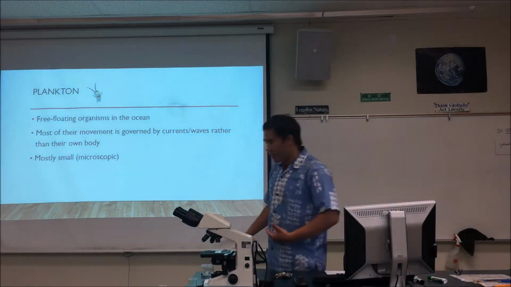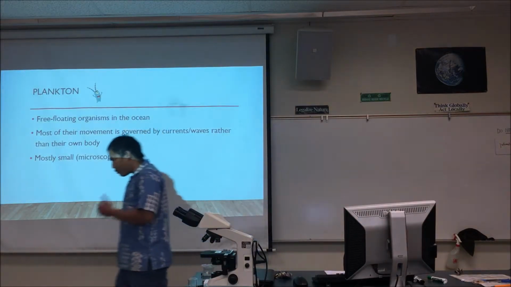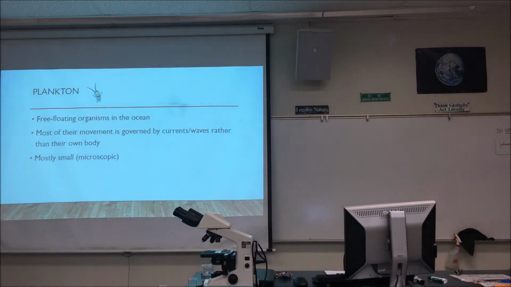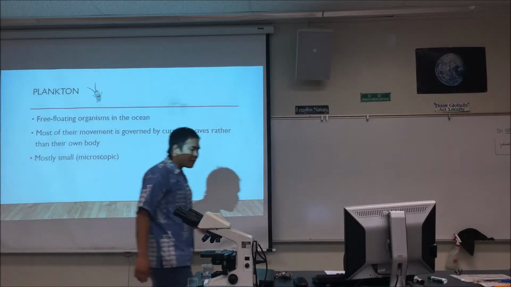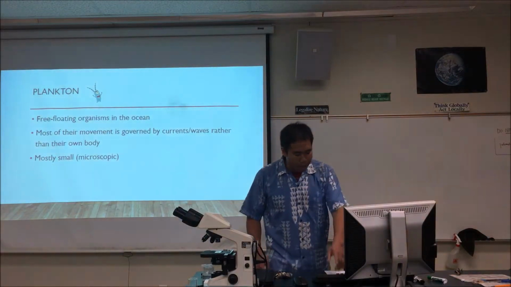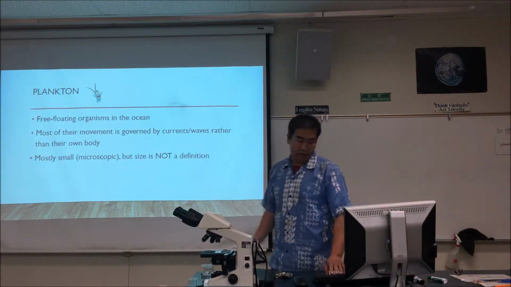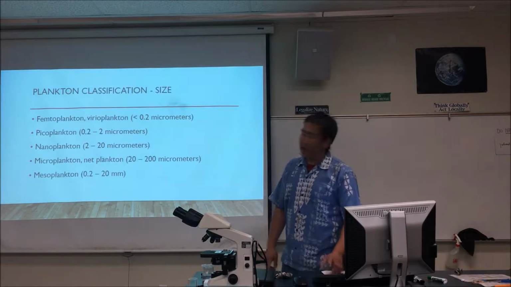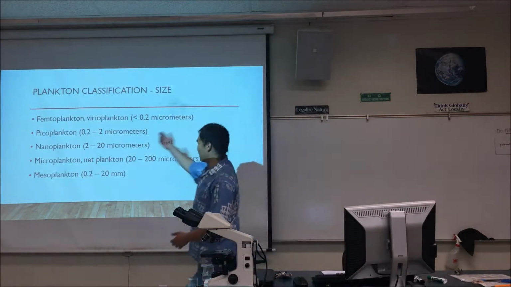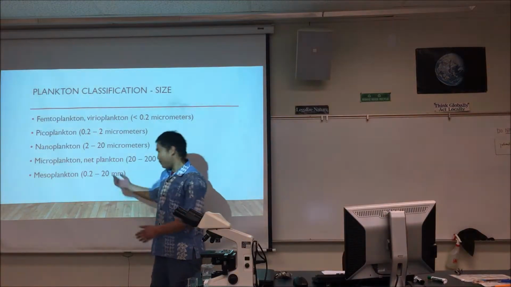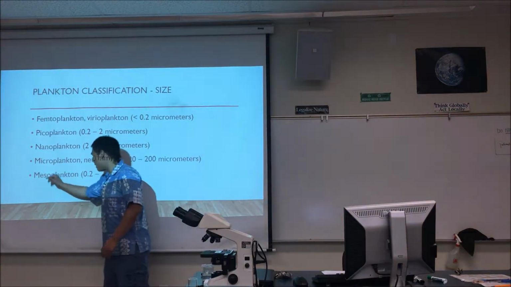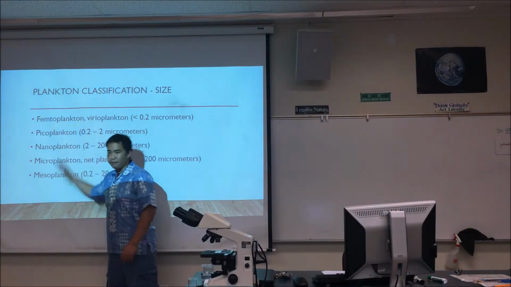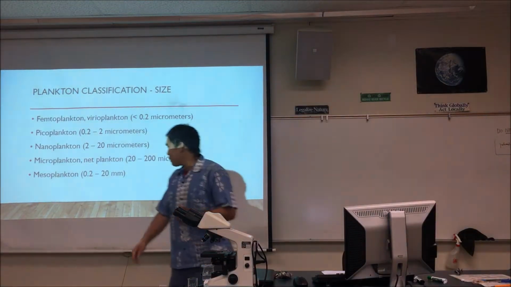So let's take a look at this. I told you guys that I'm going to be telling you about 3 different classification schemes for plankton. The first one is based off their size, actually. So we'll be able to see just how small they can get and just how big they can get. So size classification is the first way to classify plankton. Here we go. Femtoplankton, picoplankton, nanoplankton, microplankton, mesoplankton. Notice how I just add some sort of prefix in front of plankton, and it defines that type of plankton,